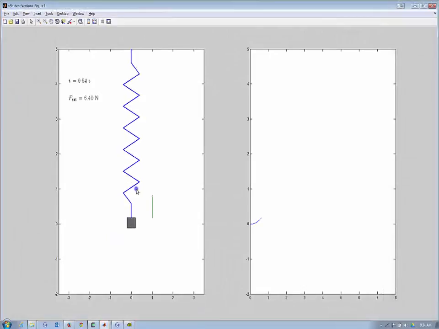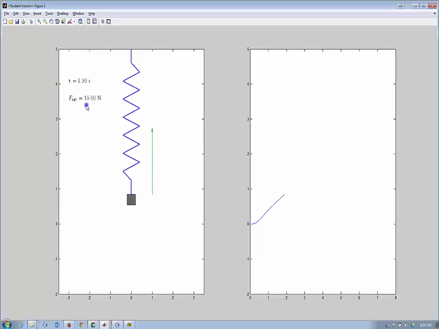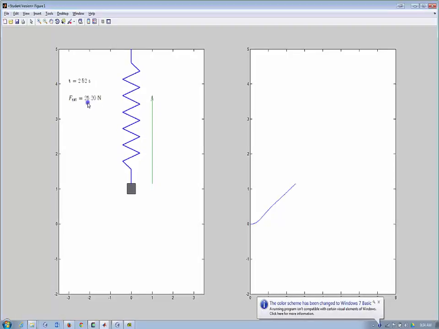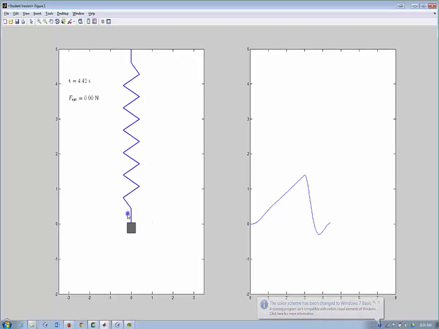So here's our spring and mass. What we're doing is increasing the force. You can track the time and the magnitude of the force externally here. It's going to stop at 3 seconds, and that's when we essentially let go of the mass, or we stop applying the external force. And we see that